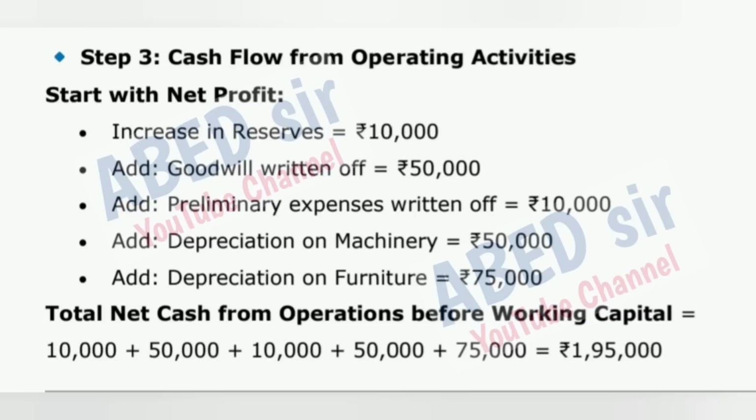Start with net profit. Increase in reserves is equal to 10,000 rupees. Add goodwill written off is equal to 50,000 rupees. Add preliminary expenses written off is equal to 10,000 rupees. Add depreciation on machinery is equal to 50,000 rupees. Add depreciation on furniture is equal to 75,000 rupees. Total net cash from operations before working capital is equal to